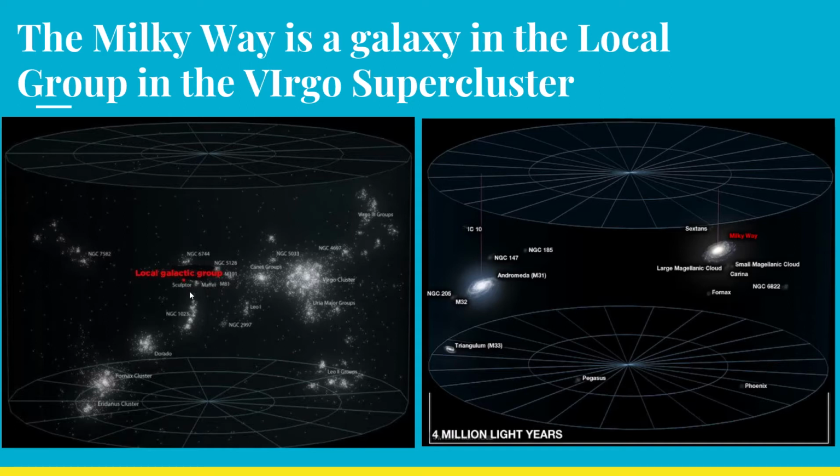So we've got our local galactic group. These are the galaxies in our local group, so we've kind of zoomed in a little bit more. And then if you zoom in a little bit more on this local galactic group, you would get these galaxies. So people usually can name the Andromeda Galaxy. It's kind of like a star kindergarten. There's lots of young stars going on in here. And then we've got us in the Milky Way. So there's our galaxy, and you can see that this kind of has that pancake shape that I talked about earlier.